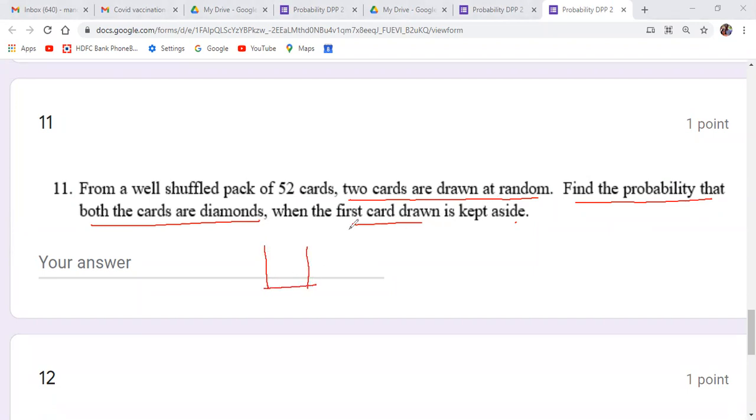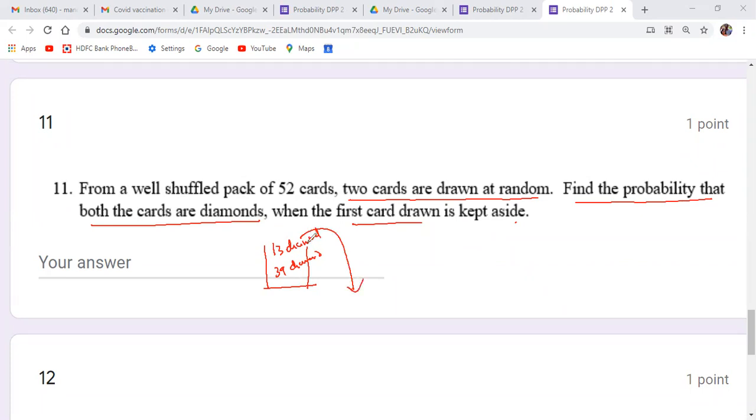Again, now 52 cards to be divided how? Probability that both cards are diamond. So we need to talk about how many are diamond, how many are not diamond. Others are not our concern. 13 are diamond and 39 are not diamond. Did everybody understand? According to the question, we have to define the sample space. Don't write 52 cards alone. That won't give you an answer.